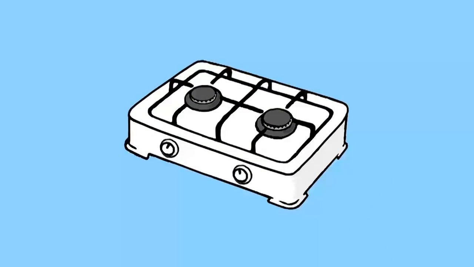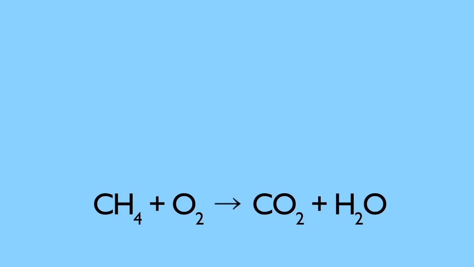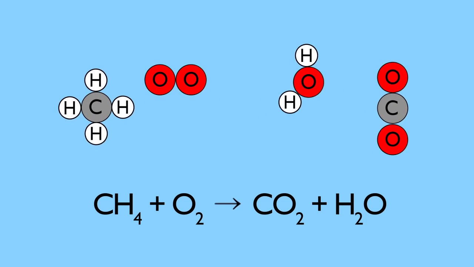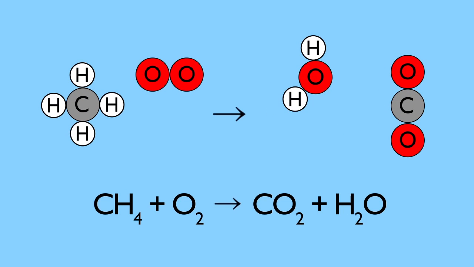Here is another example, a reaction you'll see every time you use a gas cooker which uses natural gas. But is this reaction balanced? Pause the video and count the carbon, hydrogen and oxygen atoms on each side. It is easier to count if we draw out the molecules as models. Carbon, 1 each side, oxygen, 2 to start with, but now 3, hydrogen, 4 to start with, but now only